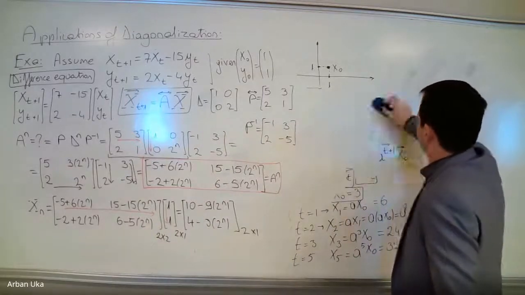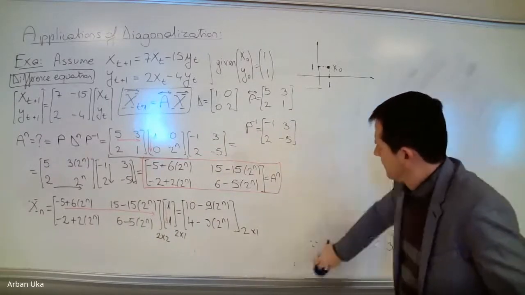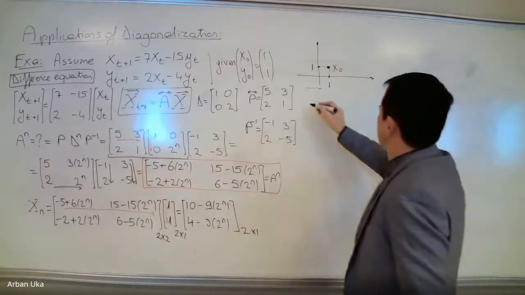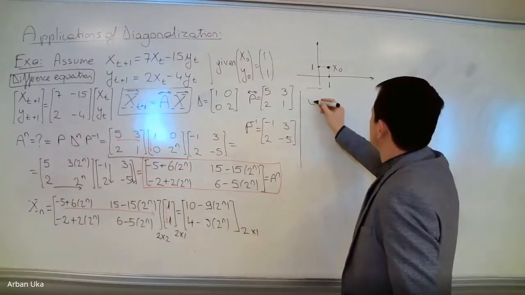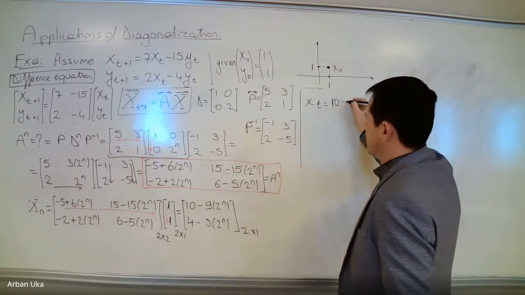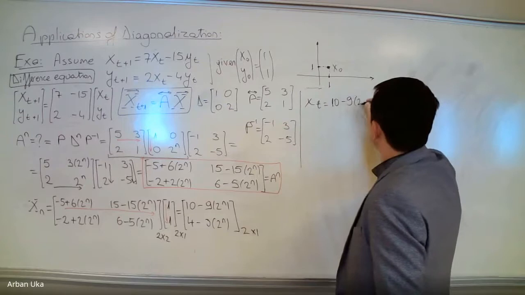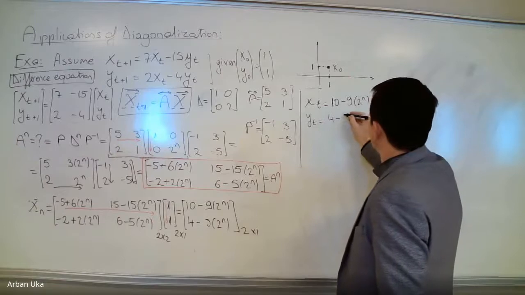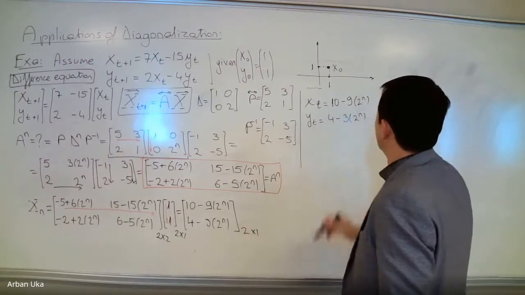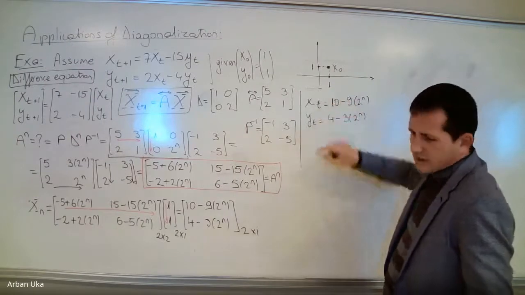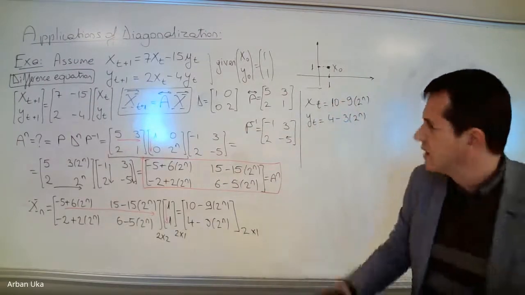So here we can see that finally this little x of t is equal to 10 minus 9 times 2 to the power n, and y of t is equal to 4 minus 3 times 2 to the power n. So now initially it looks like a very good solution, because now later on in time the x and y,